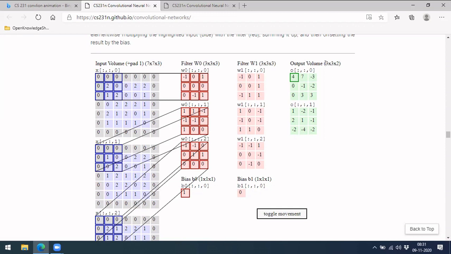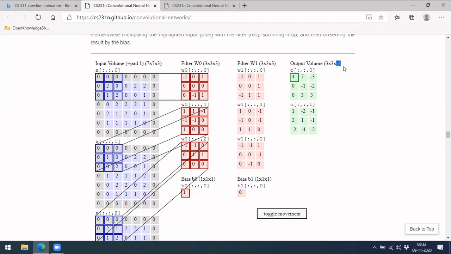And one more thing you should see: in the output, you can see two 3 by 3 matrices. If you see the final dimension here, it has two. What this two is, we are having two filters. With filter zero, if you do the convolution, you got this first matrix. Similarly, with filter one, you got this second one. So the number of filters will decide this last value. This is how it will happen.